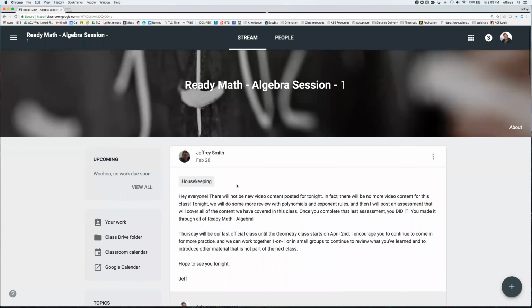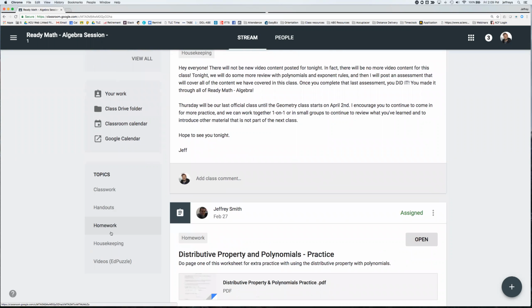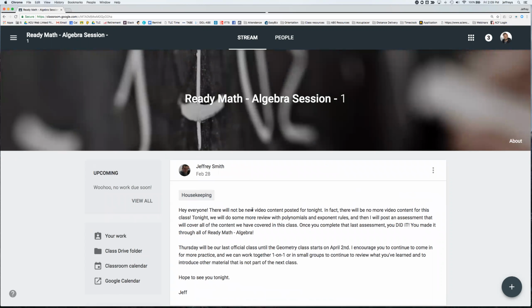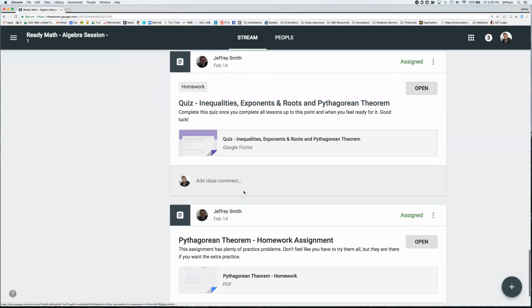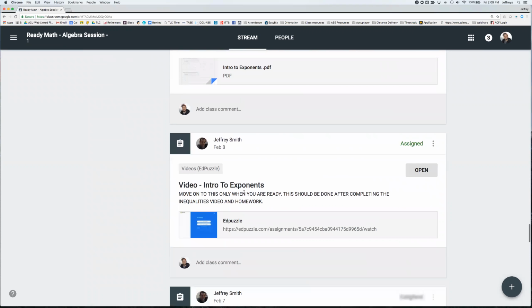Now you're going to see in the class, there's different kinds of assignments. There's classwork or homework and handouts, but the big thing you're going to need to rely on is the videos and the classwork and homework, okay? The way that a Google Classroom works is it's sort of set up like a Facebook, where you have a stream. On your stream, the newest stuff is at the top and the oldest stuff is at the bottom. So what you're going to have to do is work from the bottom. So you're going to have to scroll all the way down to the bottom and start from the very beginning,